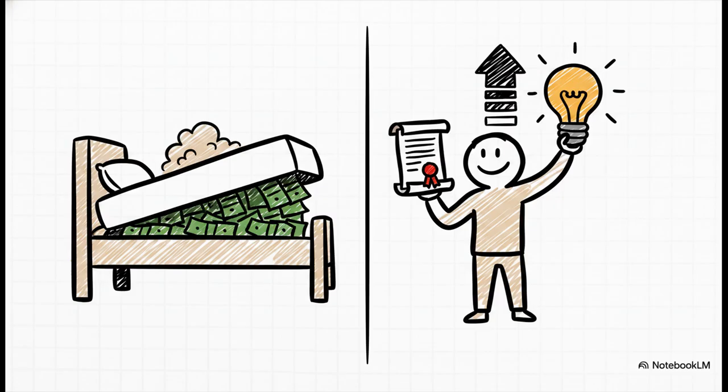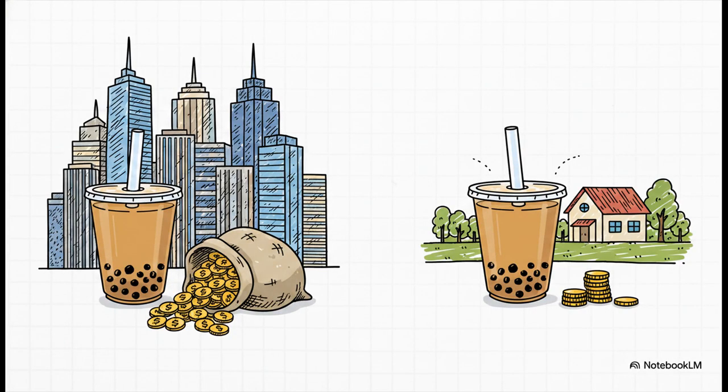And then, of course, there's the consumer code. Once you know that every single price is made up of wages, profit, and rent, you instantly become a much smarter shopper. Why does a cup of milk tea in a prime downtown city center cost 15 yuan, while the exact same drink in a small rural town costs half that? You aren't paying for better tea, right? You are paying the landlord's exorbitant downtown rents. Understanding this helps you see right through the illusion of price, recognizing exactly what you're really paying for.